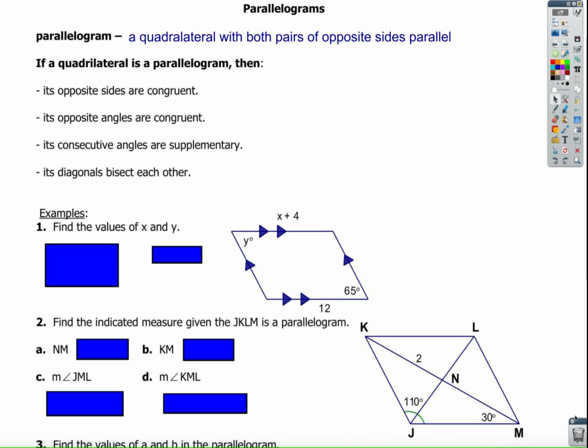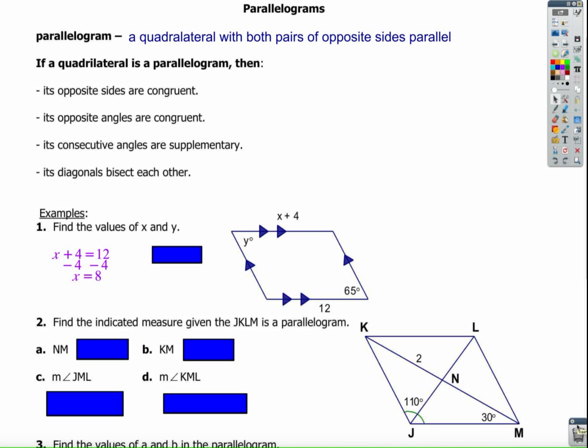The first example listed here in your notes asks you to find the value of x and y. Well, x is located here on the top of this figure. Looking at this figure, it is a quadrilateral. It has four sides, and opposite sides are parallel. That's what these arrows indicate. Therefore, this side, x plus 4, is congruent to the side labeled 12 because they are opposite sides. So I can use the equation x plus 4 equals 12 to solve